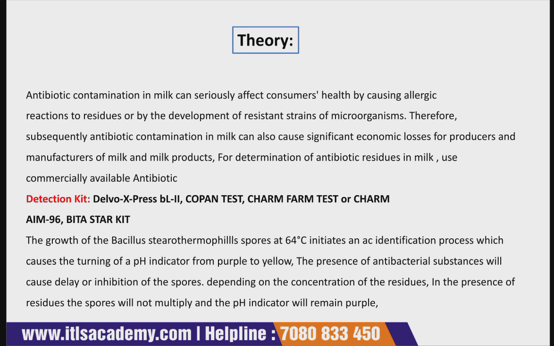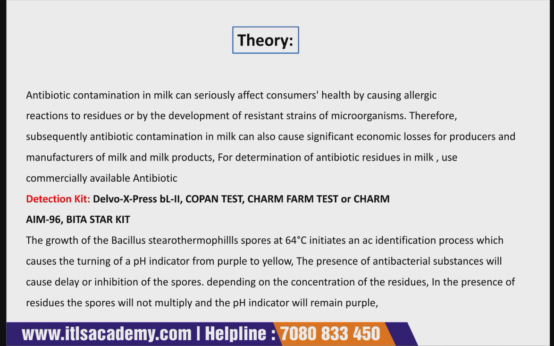Since antibiotics have antimicrobial properties, if they are used in an inappropriate manner, they can create a serious health effect or cause an allergic reaction in consumers. Subsequently, antibiotic contamination in milk can also cause significant economic loss for the producer and manufacturer of milk